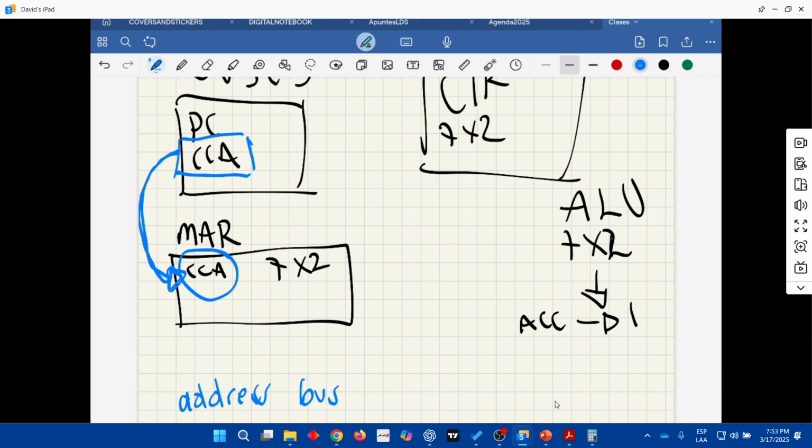And if you want to move this part, let's suppose from here to here, you don't use, let me explain this. The data bus, all the buses here have a lot of